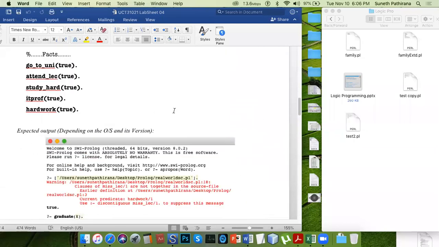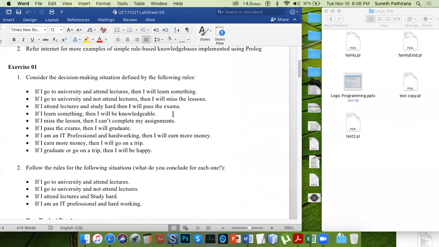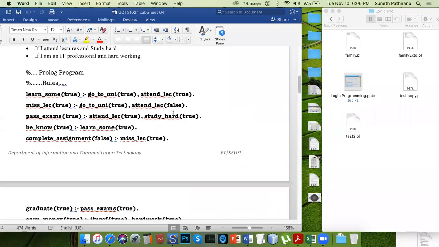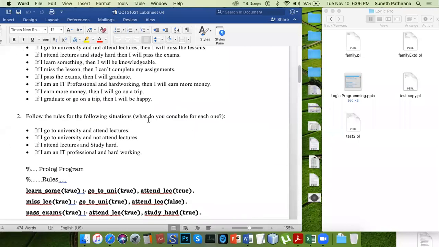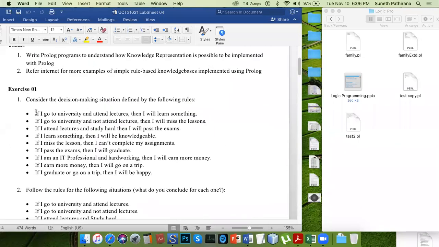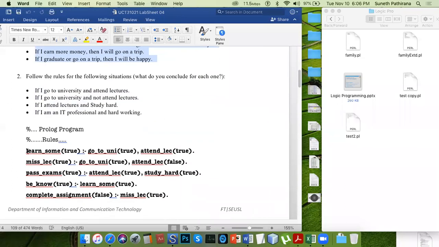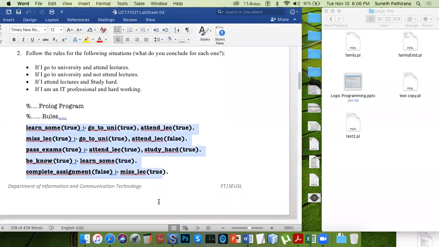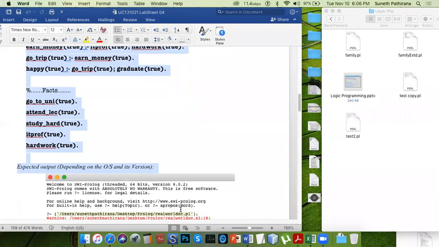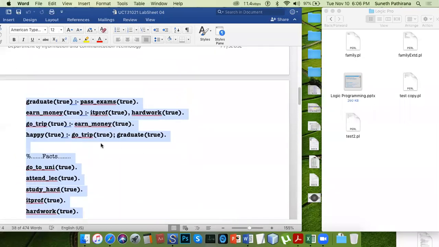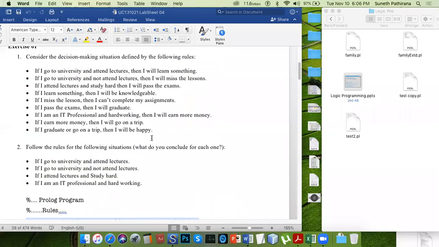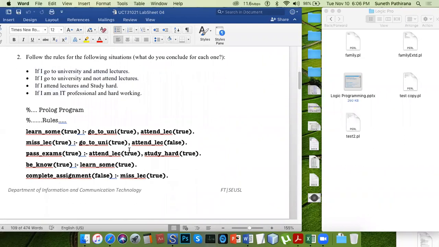So I think last week, no, the week before last week, we practiced this one. Once you are given this kind of a description or list of requirements, you should be able to program it. That means convert that into logical format. That means represent that knowledge or conditions using Prolog clauses.